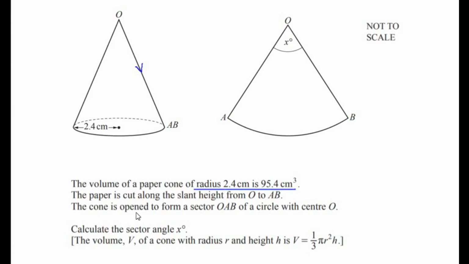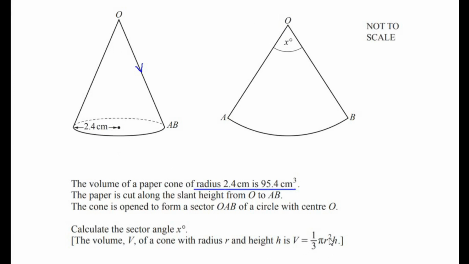And then the cone is opened to form a sector OAB of a circle with center O. So we are going to cut open this cone from the point O to AB so that it looks like a part of a circle, which is a sector. Calculate the sector angle X, and the formula for the volume of the cone is given as V equal to